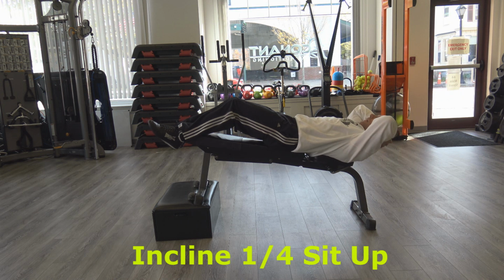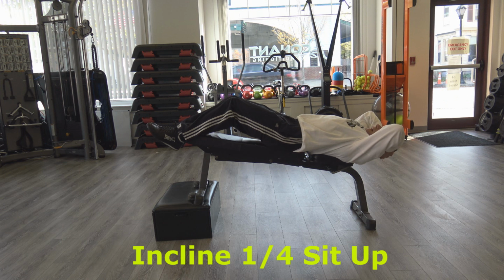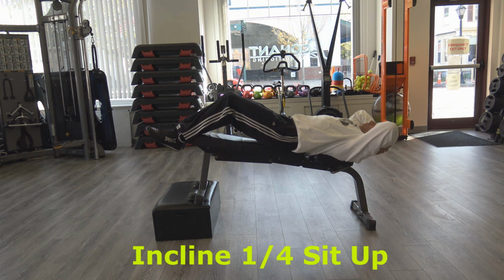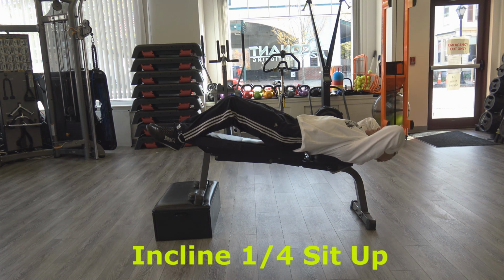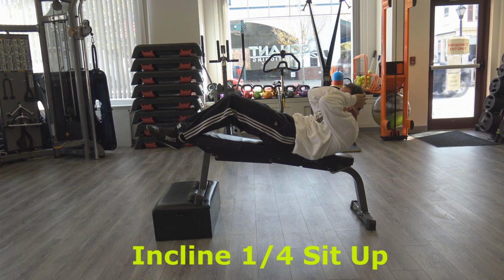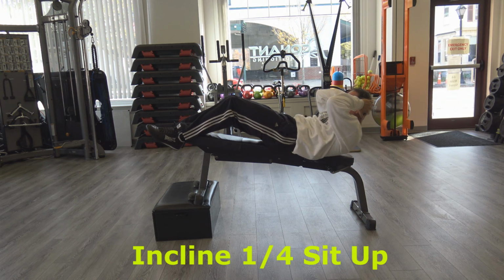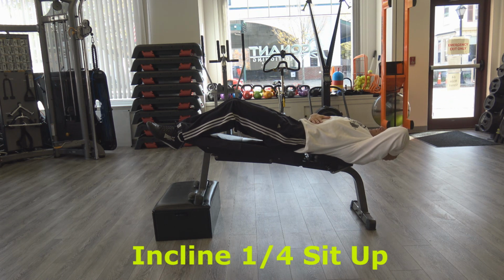You're going to put your hands behind your head, and then you're going to exhale. And then as you pull up, you're going to pull on your heels so you can isometrically contract the hamstrings. And then as you come into contraction, get all the air out. Inhale as you come back, and again, you want to go into that vacuum effect, so you're pulling in the abdominals and expanding the rib cage. Here, inhale, exhale,